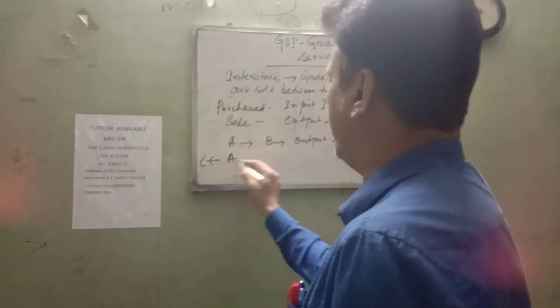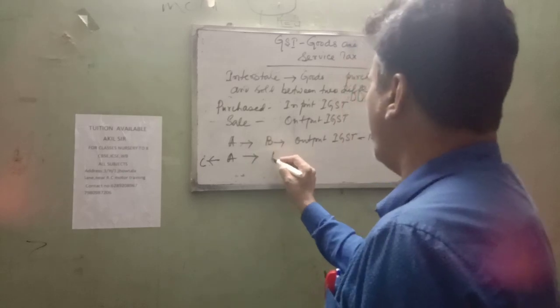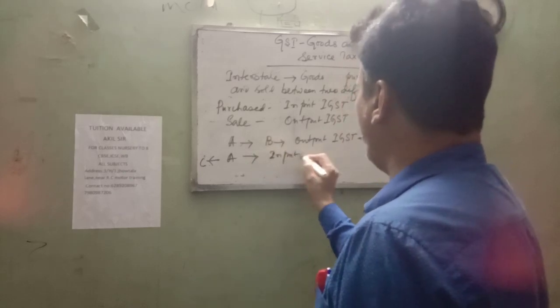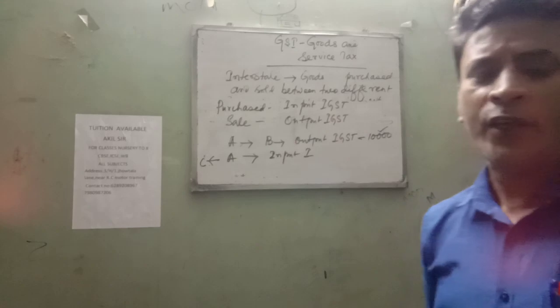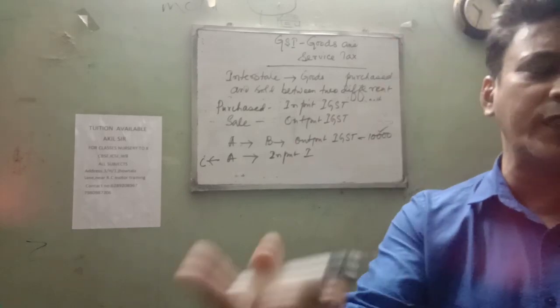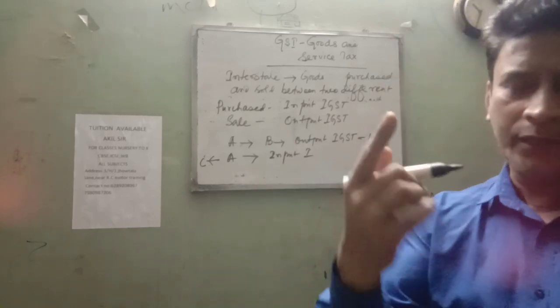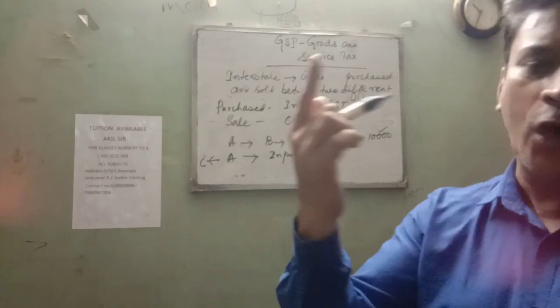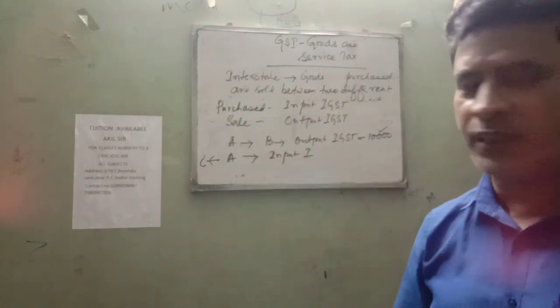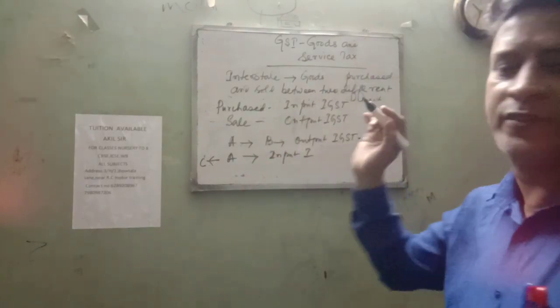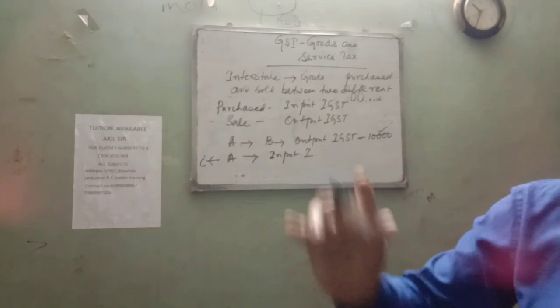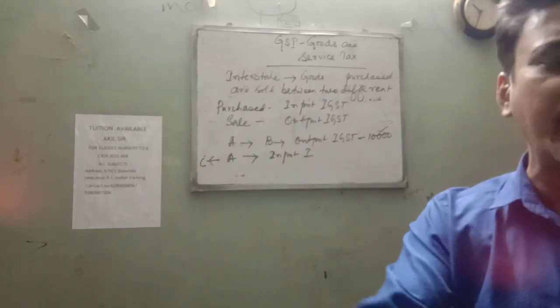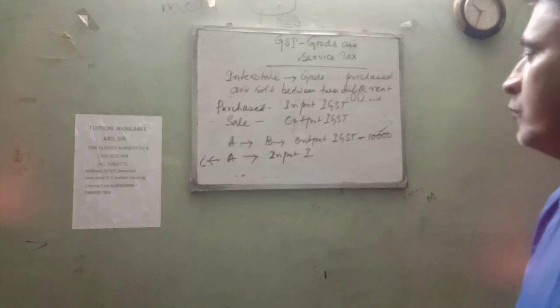परचेस किया था C से, तब वो टैक्स पेड किया था इनपुट टैक्स। इनपुट जब हम गुड्स खरीदते हैं उस वक्त क्या होता है, इनपुट सीजीएसटी, इनपुट एसजीएसटी। जब गुड्स हम बेचते हैं तो क्या होता है, आउटपुट सीजीएसटी, आउटपुट एसजीएसटी एंड आउटपुट आईजीएसटी। हम आईजीएसटी के एग्जांपल दे रहे, सेम इज एप्लीकेबल टू सीजीएसटी एंड एसजीएसटी आल्सो।